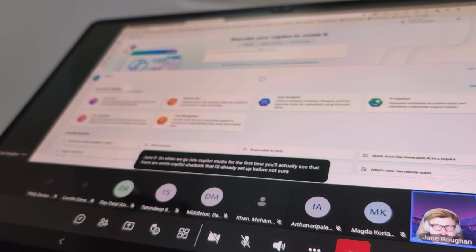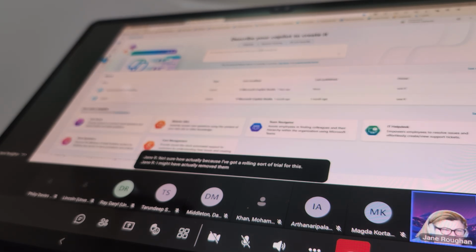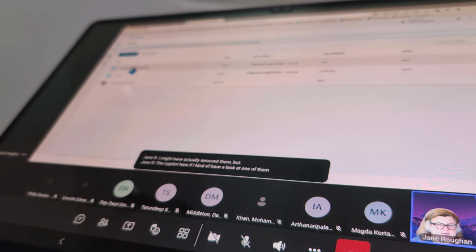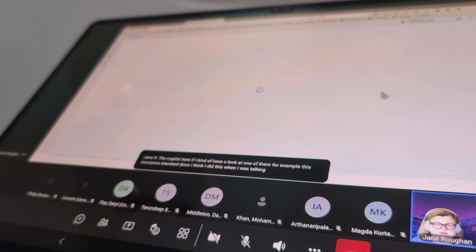Not sure how, actually, because I've got a rolling sort of trial for this, I might have actually removed them, but here are the Copilots. If I have a look at one of them, for example, this insurance standard docs. I think I did this when I was talking to one of the banks, just to quickly see what